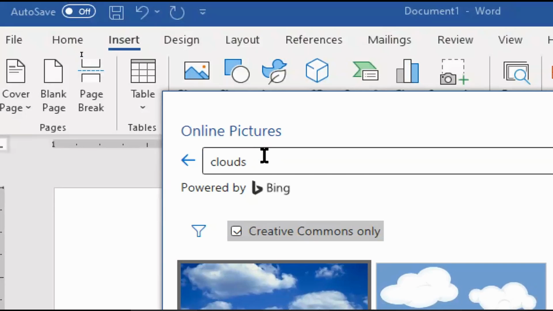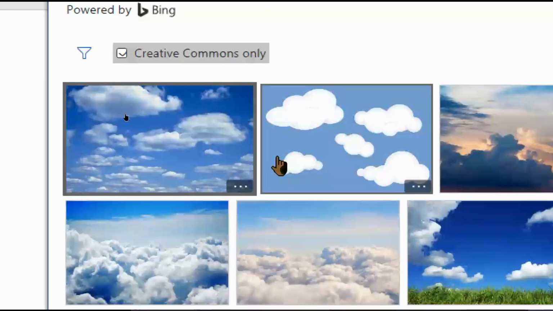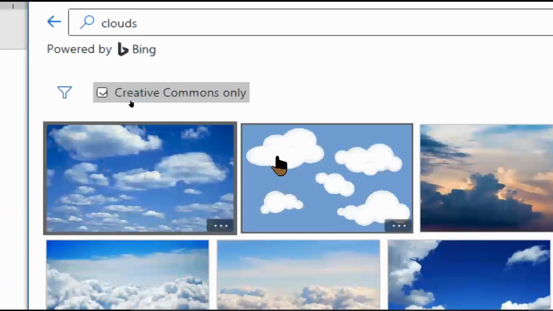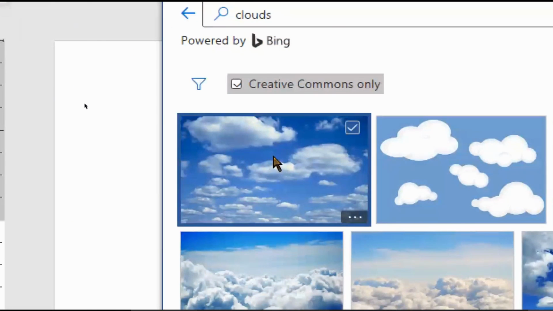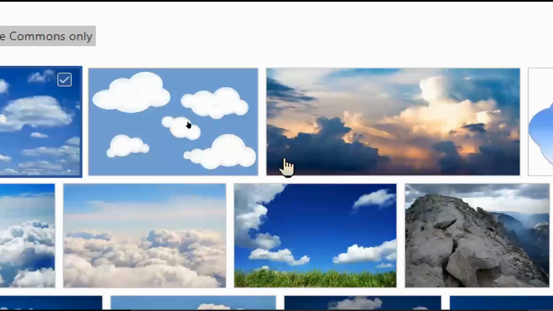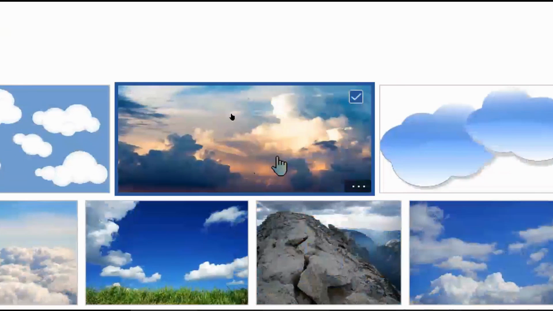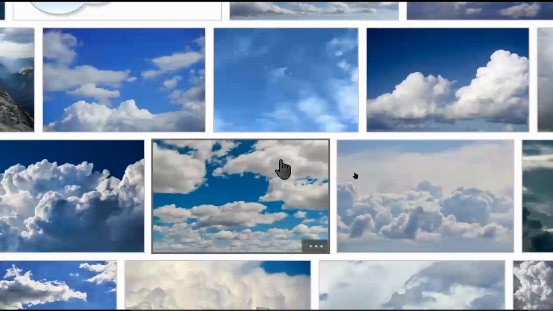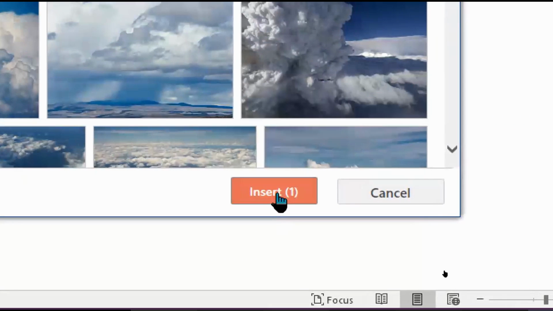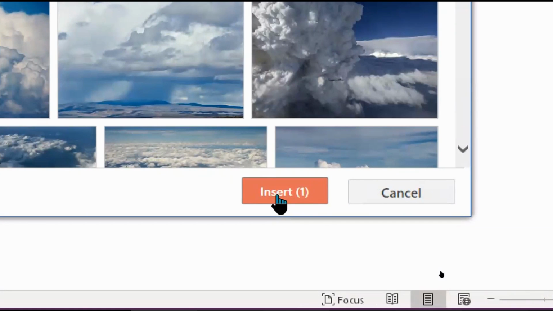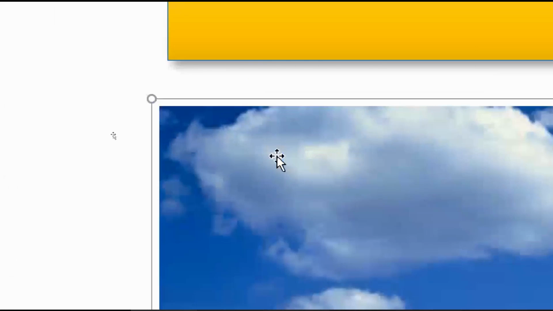Press enter, and it will bring up a selection of options for you. We're just going to go with this first one here. Click it, you'll see a check mark appear at the top right. You can select multiple pictures if you'd like, but for our purposes, we're just going to select the one, come down here, and we have the insert and the number that you have selected in this button here. Click that, and it will just drop your picture in,